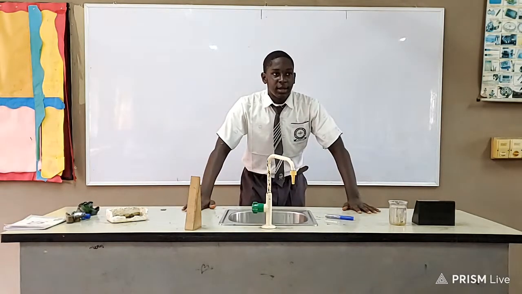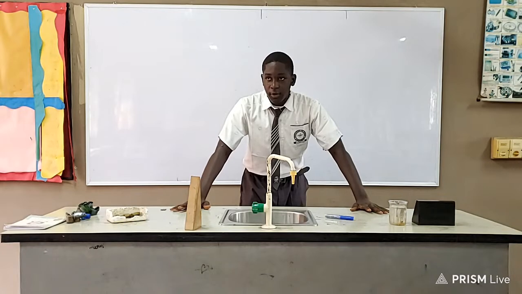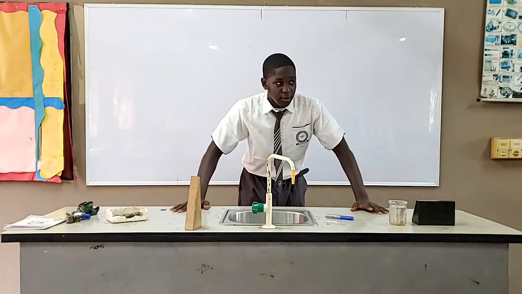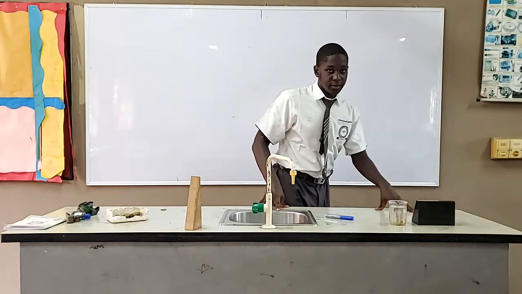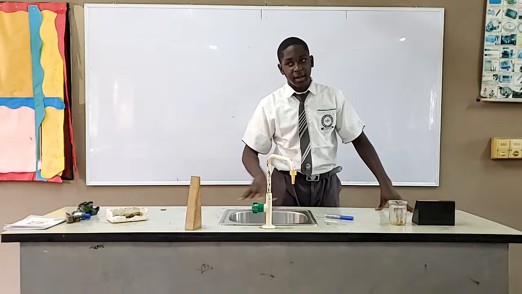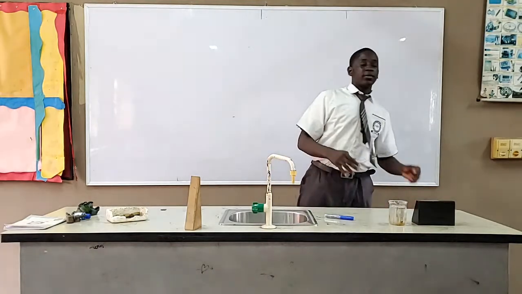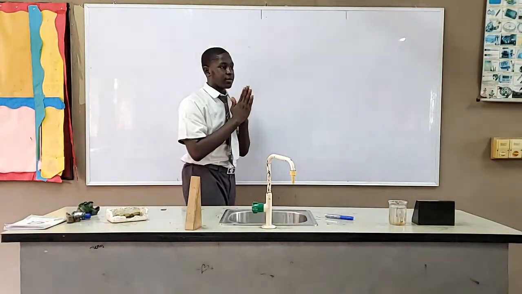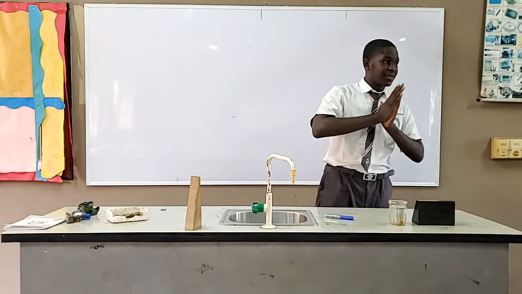A body can be said to be in equilibrium when it is not moving at all, or it's moving in a straight line in uniform motion, or a body is not rotating or rotating at constant angular velocity. Now, there is something called moment. Moment can be defined as